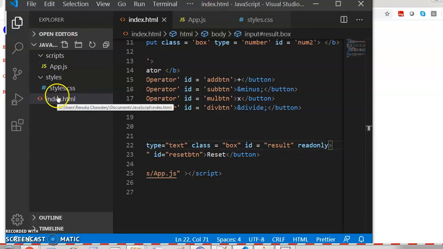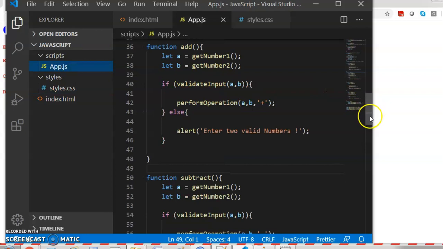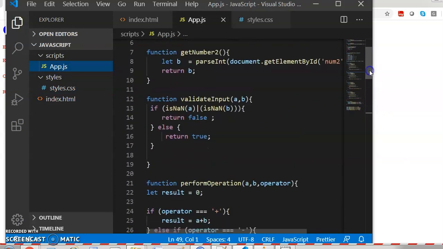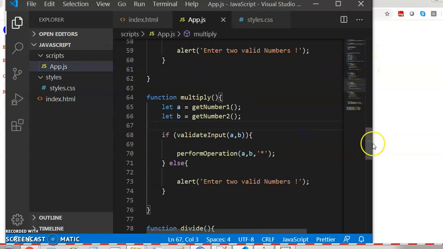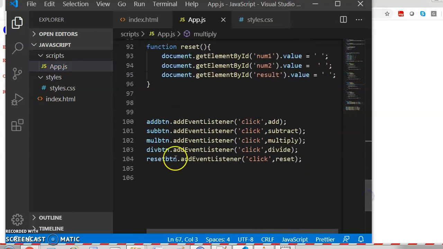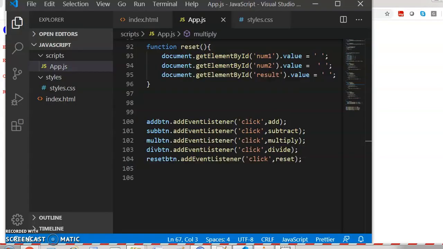So we discussed about HTML, CSS, JavaScript, functions. Using the functions, we can make our code more readable and easier to maintain. We discussed about isInt function, parseInt function, and document.getElementById. We also discussed about buttons and event listeners. And this is how we build the basic calculator app using JavaScript. JavaScript is an amazing programming language. We can do a lot more stuff using JavaScript.